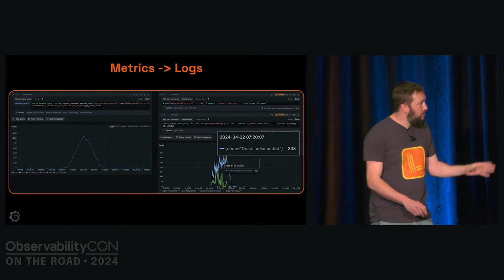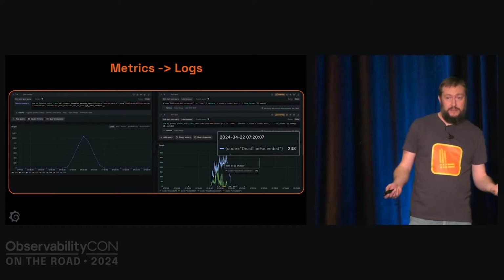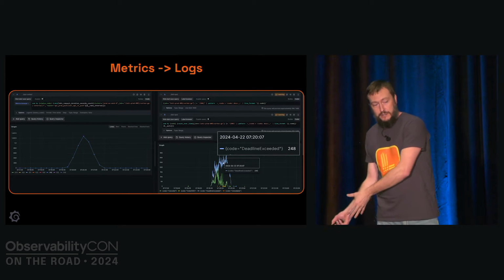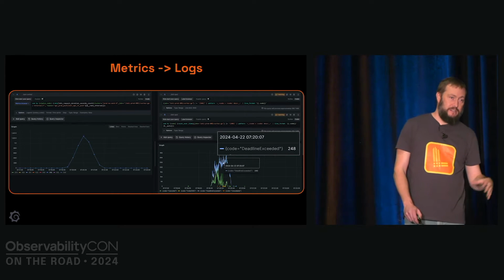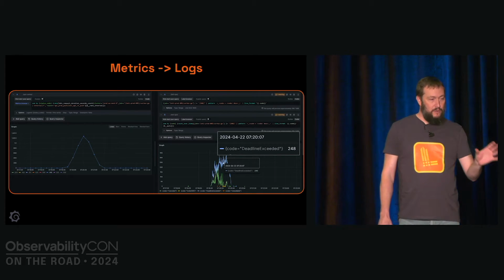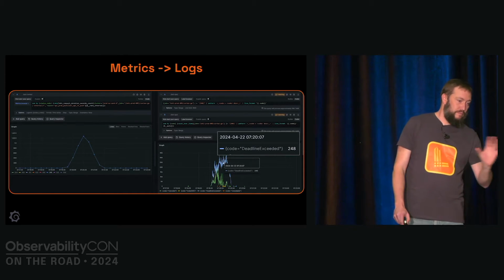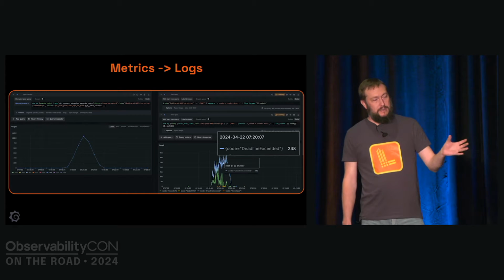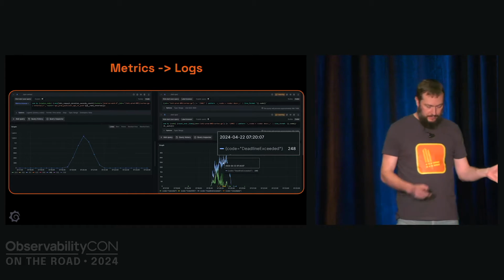So now we have this world, we have these separate databases. We built them to be good at what they're good at, right? The type of data they receive, how they receive it, how they store it, how they query it. And now we work a lot on how you work the best between them. So metrics and logs, for example,